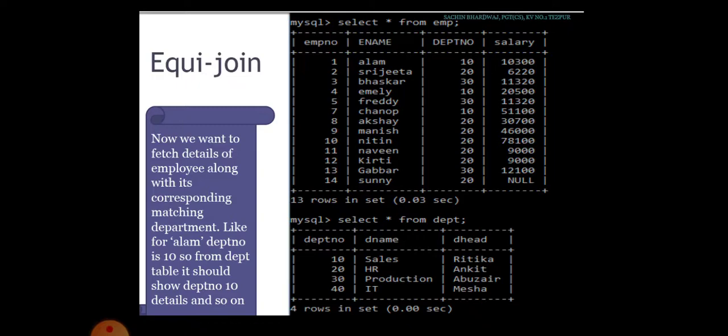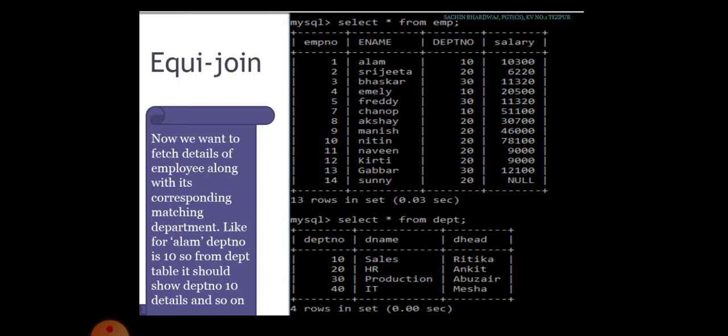Here I am taking an example of Akshay, whose employee number is 8, name is Akshay, who is working in department number 20 and getting the salary of 30,700. So, how to know the department details of Akshay?